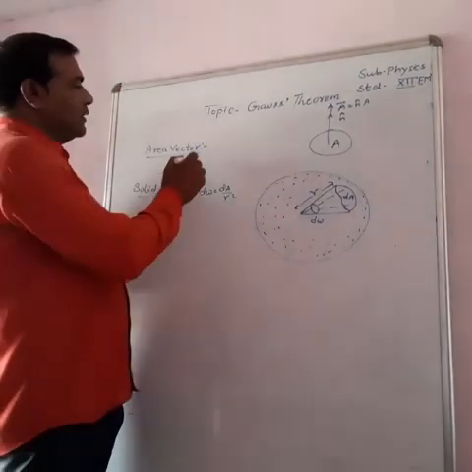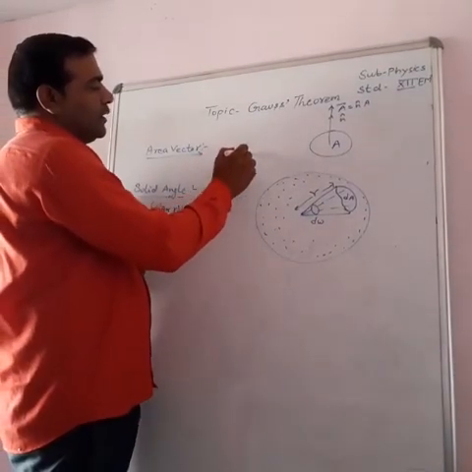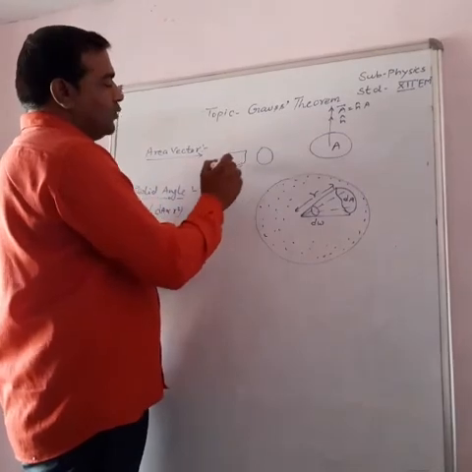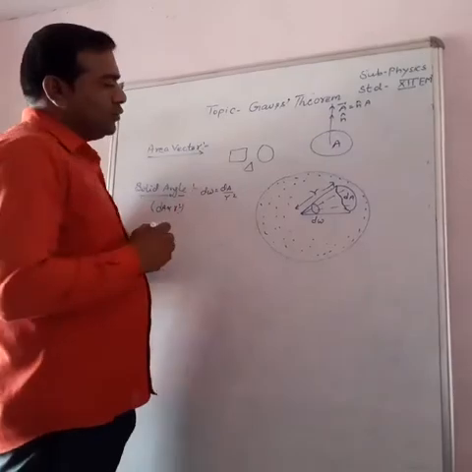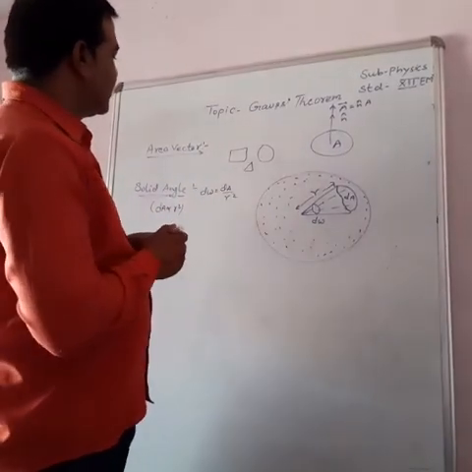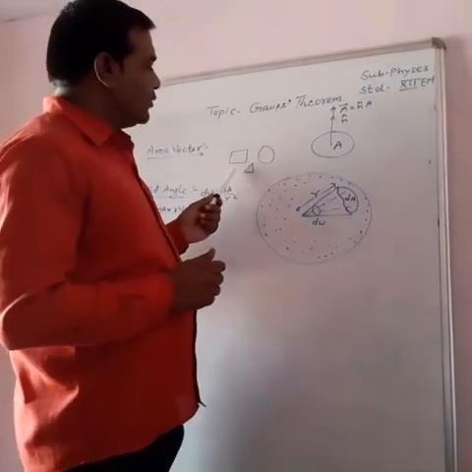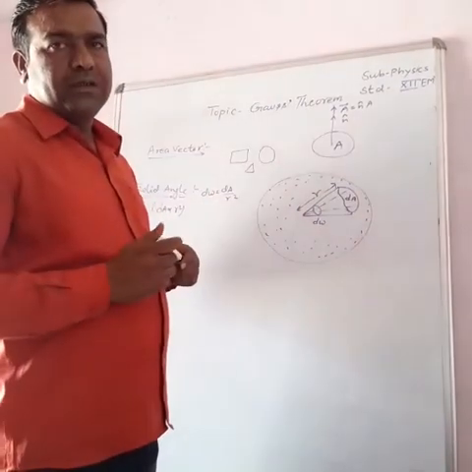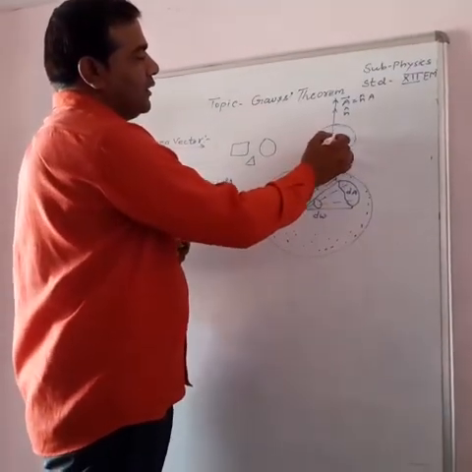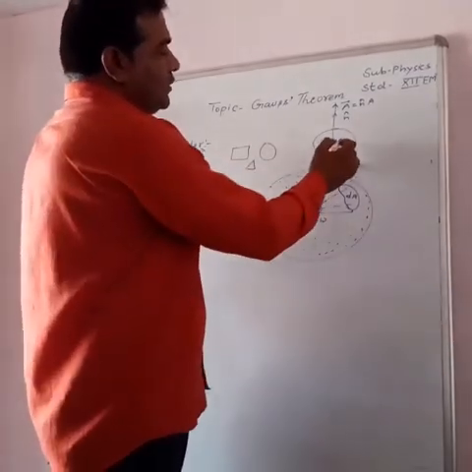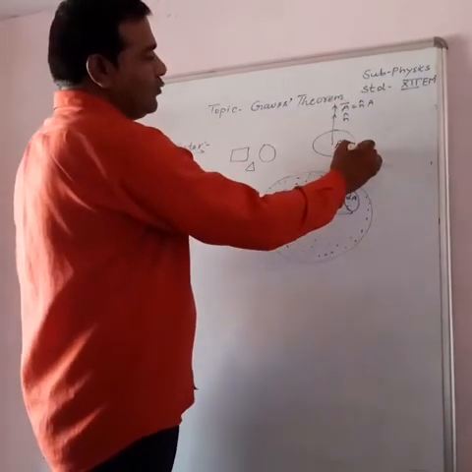First, area vector. A plane area of shape such as square, circular, rectangular, has both magnitude and direction. We can say a plane area can be regarded as possessing both magnitude and direction. For example, for a spherical area like this, the magnitude of area will be A and the direction is outward